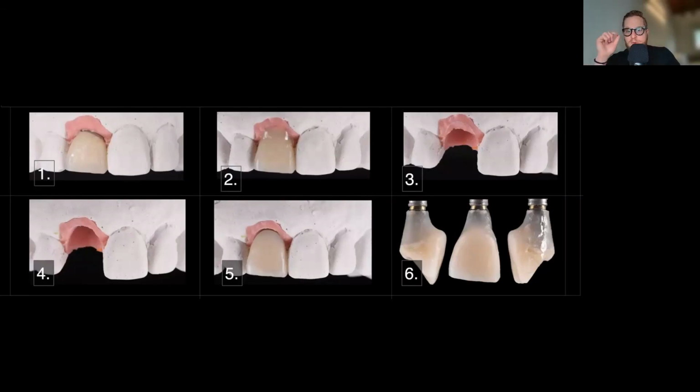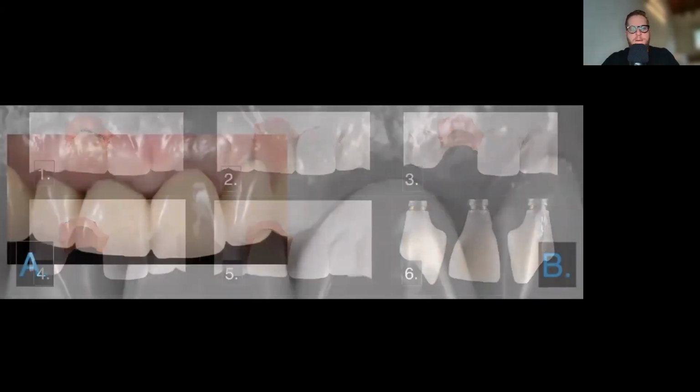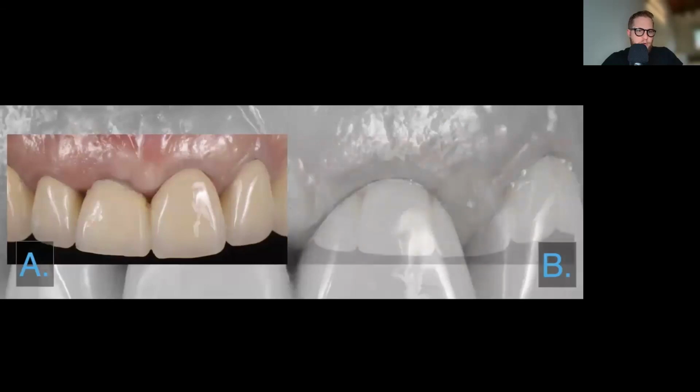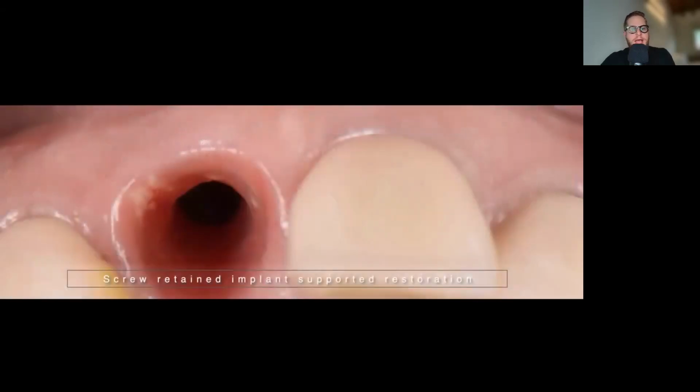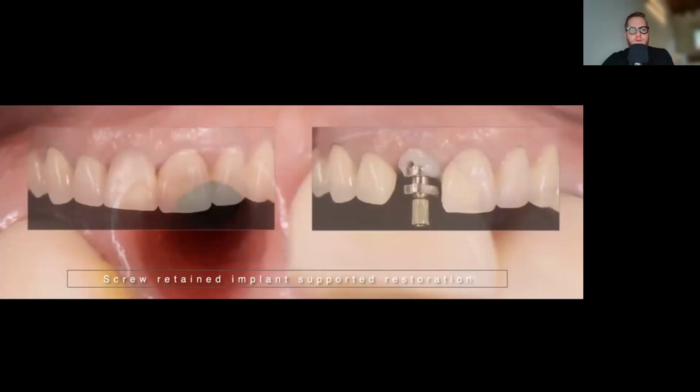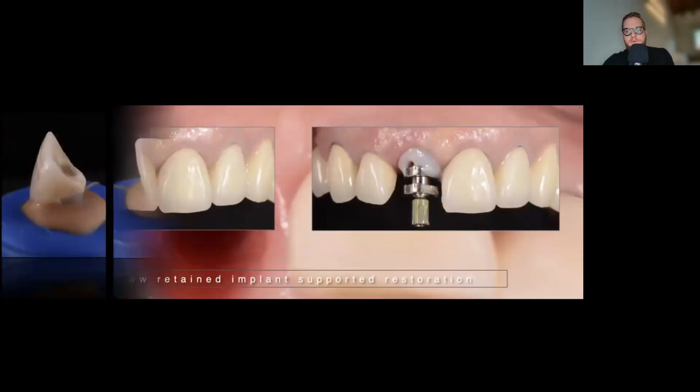So what we do is, by adding composite or acrylic to that cervical area of the provisional, we're going to be pushing the tissue up, so coronally, apically. And now you can see that we're adding a little bit more every 2 weeks. And then once we're happy with the final result, we're going to be duplicating that position